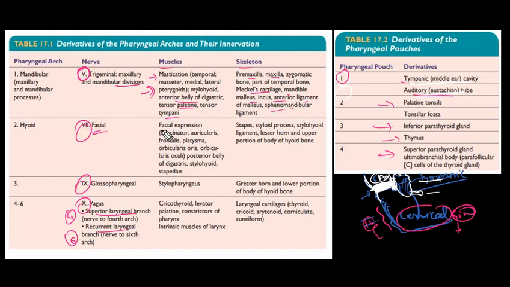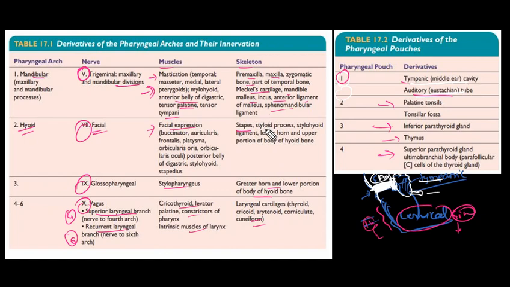Then we have the facial nerve, which supplies the muscles of facial expression. That is very easy to remember. The malleus and incus are given by the first arch, then the stapes is given by the second one, and the names of these arches are also given: mandibular arch and hyoid arch. So in this way we can learn. These are the subsequent derivatives, muscles and skeleton, from the pharyngeal apparatus.